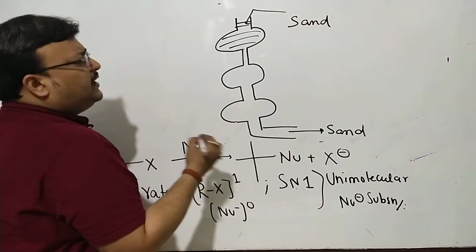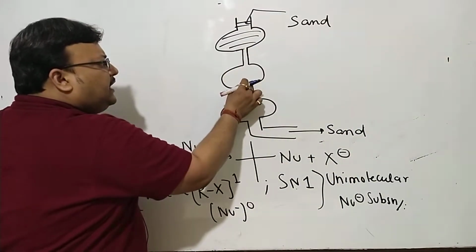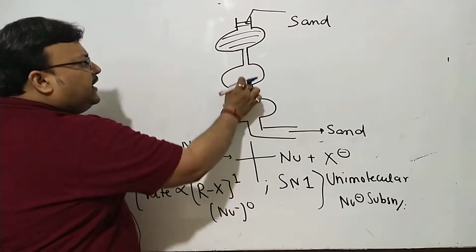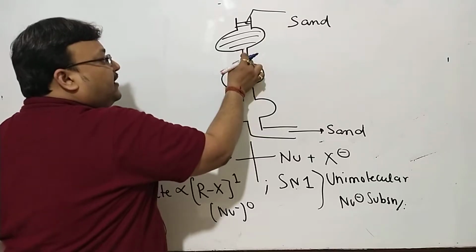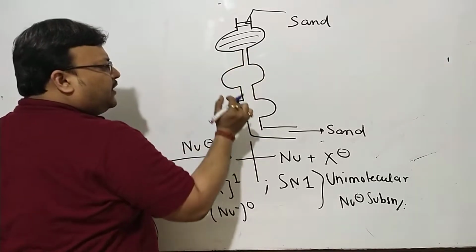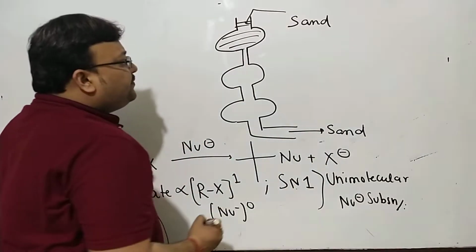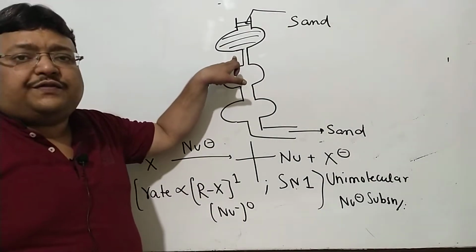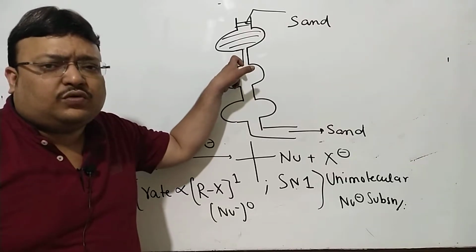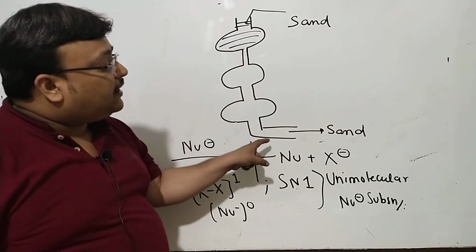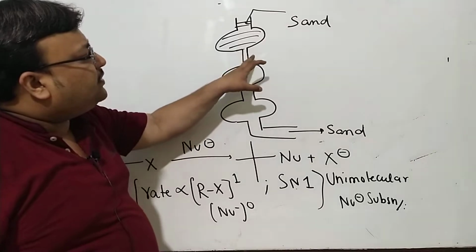It's a very simple analogy. Now the interconnectors have different radii. Suppose this is the thinnest interconnector, then naturally the rate at which sand comes out will depend only upon the radii of this connector. It's a simple picture to imagine that the rate at which sand comes out will depend only upon this radii.